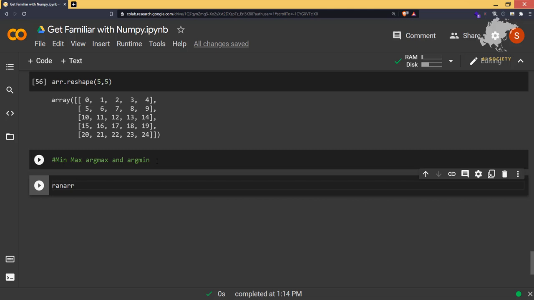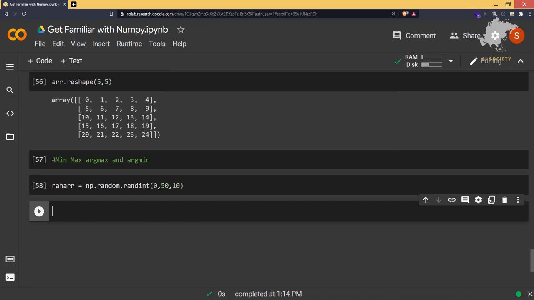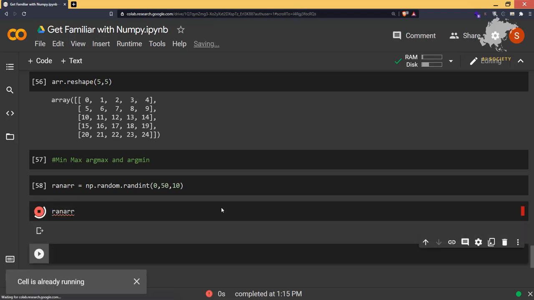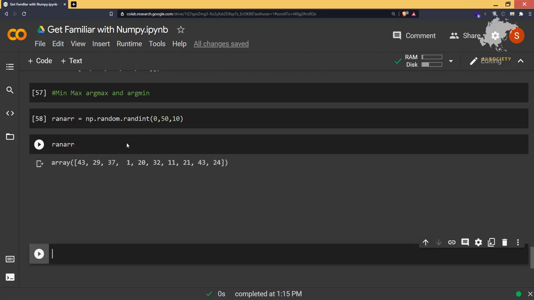Let's say we have an array called RANARR, and this time we are going to create random numbers between 0 and 50, with 10 elements in it. So we'll write np.random.randint, and I'll say 0, 50, and 10 here. Now RANARR has random numbers between 0 and 50, and it has 10 elements in it.